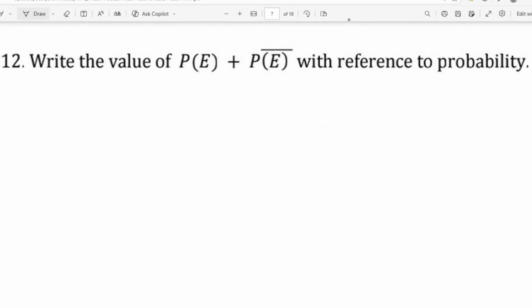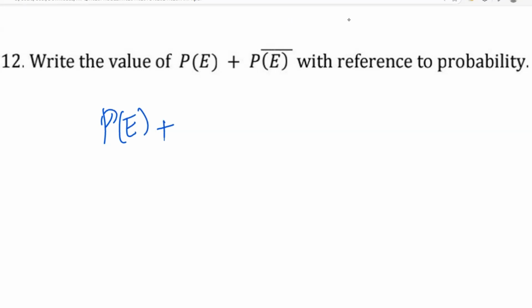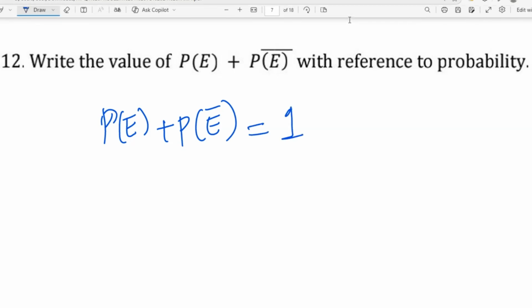Write the value of probability of event plus probability of not having an event will be always 1. Then